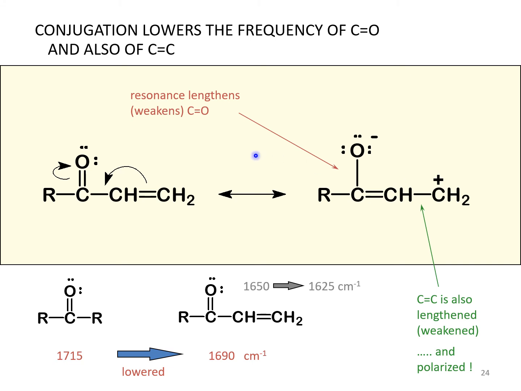So at the same time, the C=C is going to become C-C, lengthening the bond, and the C=O is going to lengthen to C-O single bond character. So that is going to increase the bond length and decrease the frequency of the C=O and, at the same time, the C=C. Now,